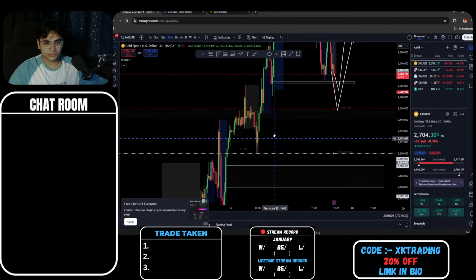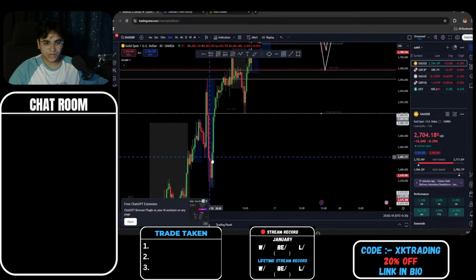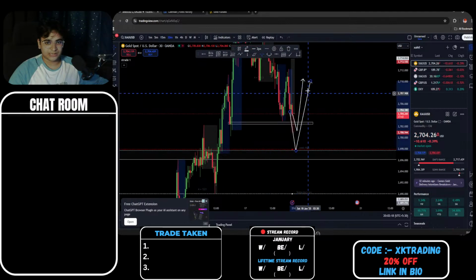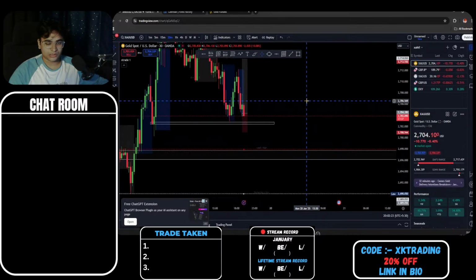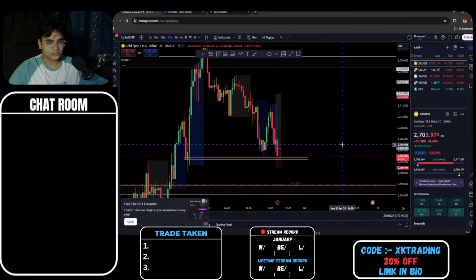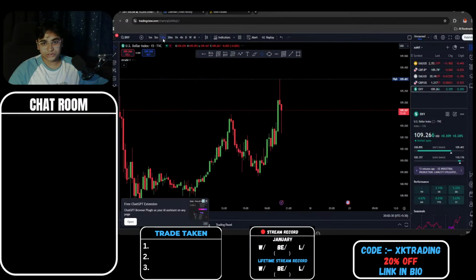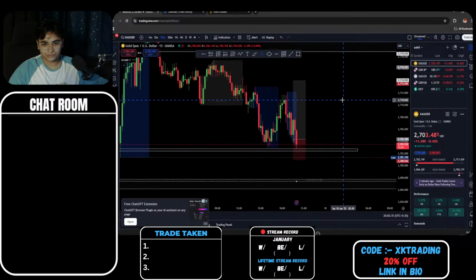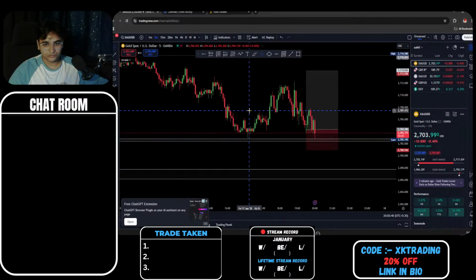The only reason I think that could be a problem is because we have a lot of free area. Okay, we have a lot of range to fill. So if we break below that level, then we will be taking out that range, and I do not want that, to be honest. Also keeping in mind how DXY is doing, we are still moving bullish on this one. So there is a possibility we can still move bearish on this.